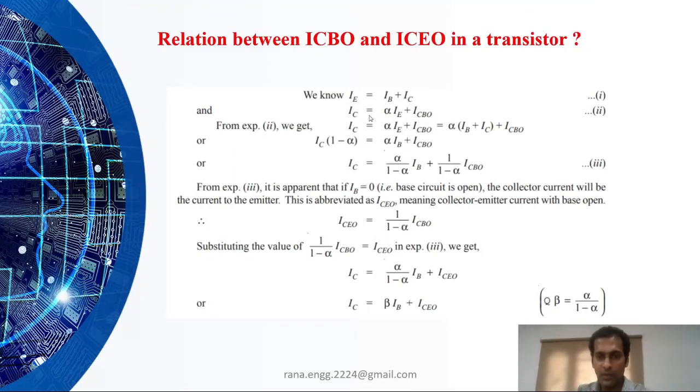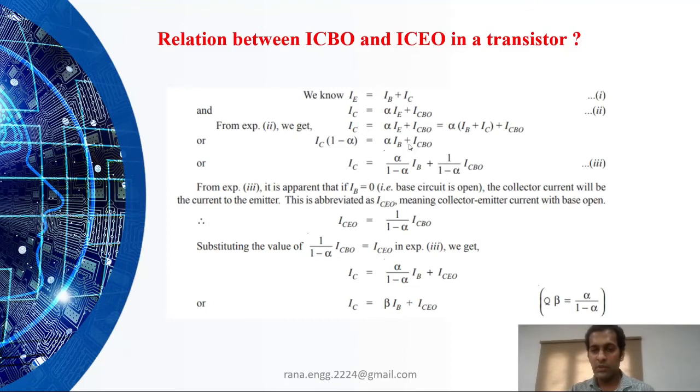Another relation, when we write it in terms of alphas, alpha is the gain. The first relation is alpha equal to output by input. If we are talking about common base, the base is not part of the direct terminal input and output. If base is common, we have the emitter as input and the collector as output. So alpha, if it is gain, is output by input. So alpha will be equal to IC by IE. But if we consider the leakage current, we have to add ICBO, right? So from here, we can write it in another way, like this: IC equals alpha IE plus ICBO.